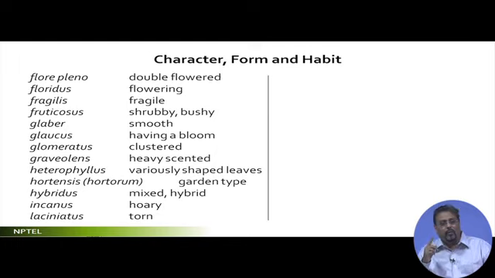You can always smell this around. If there's one tree in your region, definitely you'll get the nice smell. But the only thing is you have to really take pains to find out which tree is really spreading that fragrance. Millingtonia hortensis, which is garden type, is usually placed in the corner of your garden property. Okay, hybridus is mixed, then incanus is hoary, and then